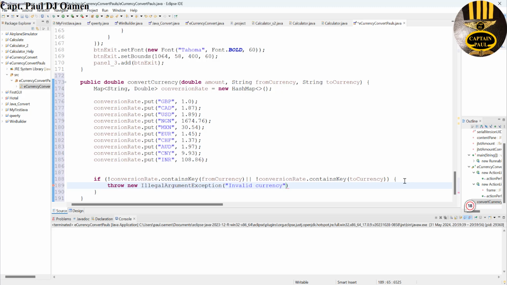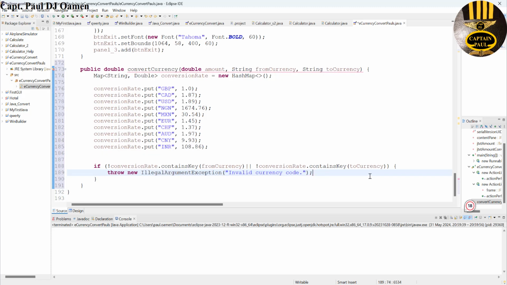Invalid currency. Okay, invalid currency code. That we do. And just end it here with semicolon. Else, I'd like you to return the following. So that's going to be, let's say, return